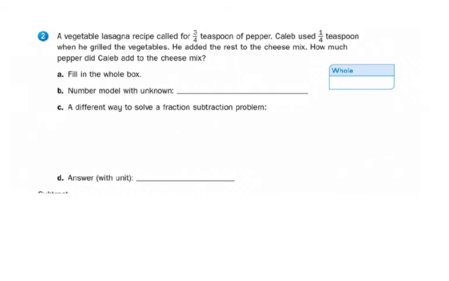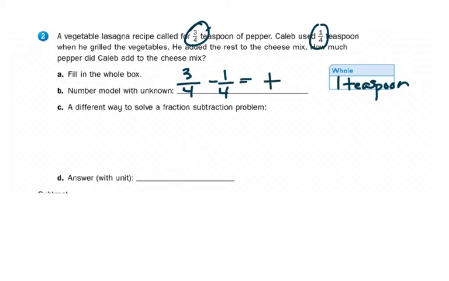A vegetable lasagna recipe calls for 3/4 teaspoon of pepper. Caleb used 1/4 teaspoon when he grilled the vegetables. He added the rest to the cheese mix. How much pepper did Caleb add to the cheese mix? Well, we're talking 1 teaspoon, so go ahead and fill in the whole box. And then we'll go ahead and write a number model. Called for 3/4 of a teaspoon. We're going to take away the 1/4 he already put on the vegetables, and I'll put the lowercase t to